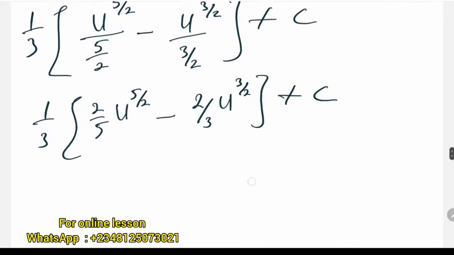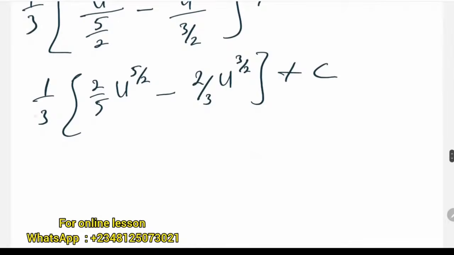Now let us proceed. Now, the next thing we do is to open the bracket. So let's open the bracket here. Distribute this 1 over 3 to this. What will happen becomes 2 over 15